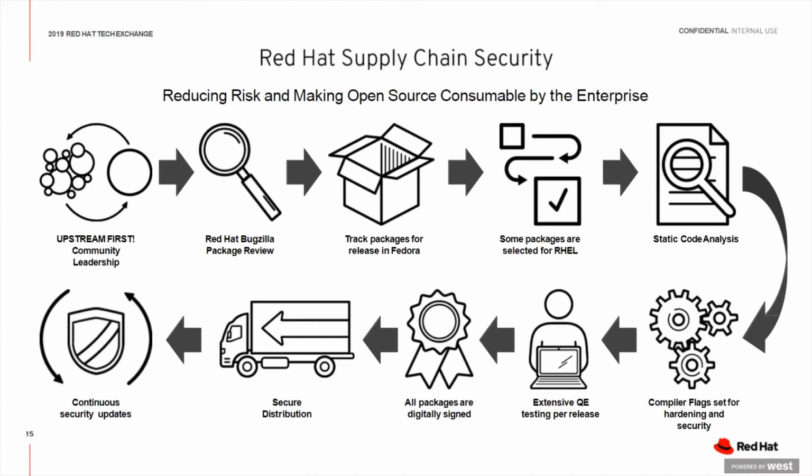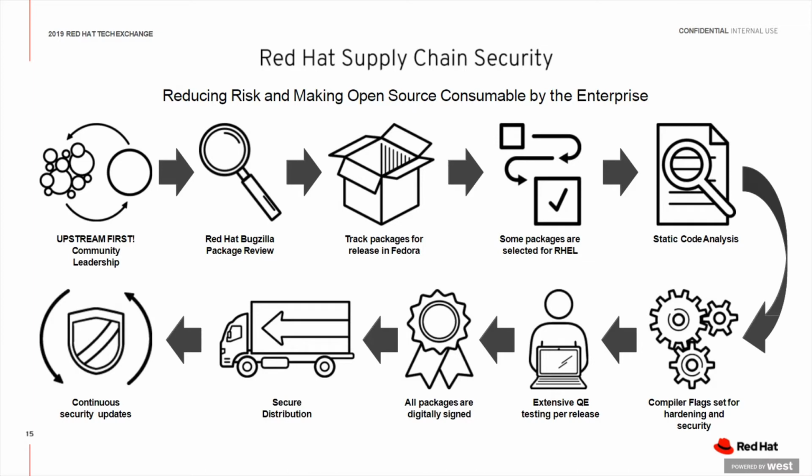So how do we at Red Hat trust and consume upstream open source securely? And how do we make upstream open source enterprise ready and verify that content for our customers? So you can see here the diagram, right? Everything we do starts at the upstream. We're very picky about what packages actually end up in our products, right? We'll do a careful Bugzilla package review. Once we approve that, we put that package into our release process, track that package in our upstream Fedora, and